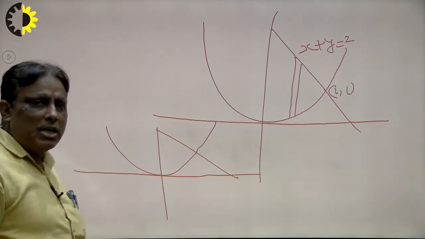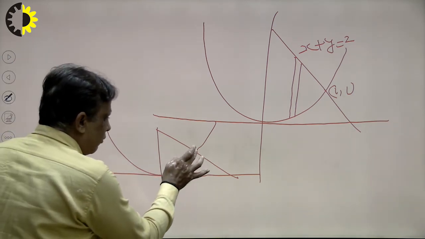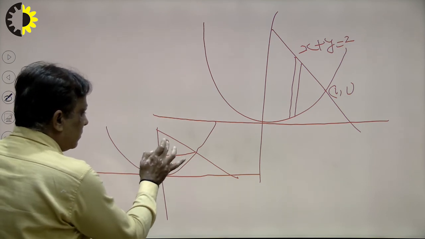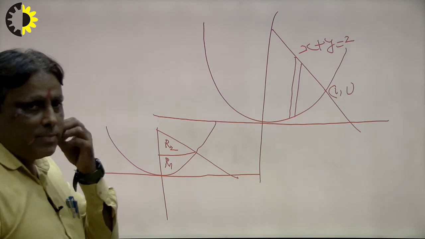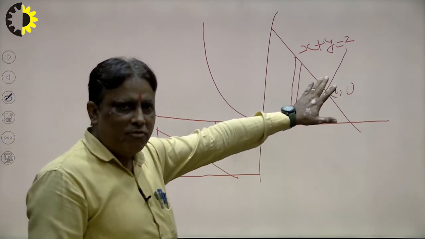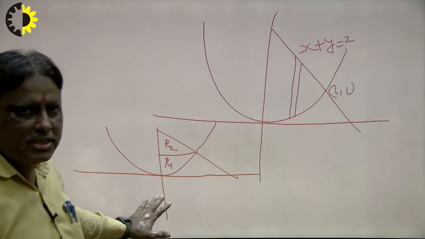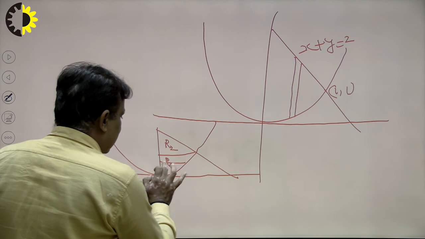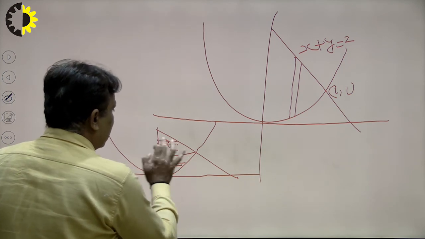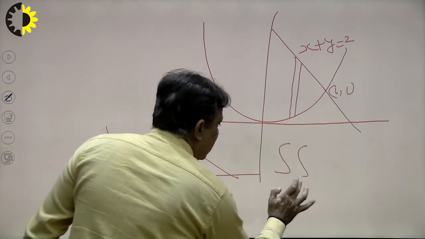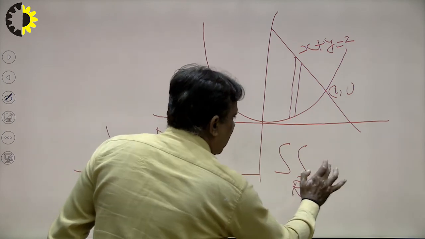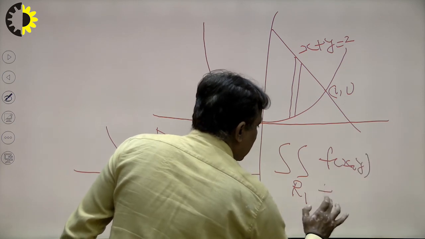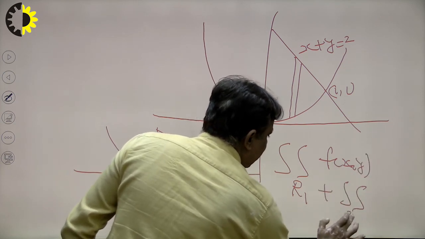If we take the limit parallel to the x axis, that means the region is divided from this point into two parts. This is R1 and this is R2. So that means we take two limits. Suppose I want to solve from this region, so there are two regions. So first of all, take the limit parallel to the x axis and parallel to the y axis. That means the single integral is divided into two parts, f(x, y) over region R1 plus region R2. So one by one we take the limit.